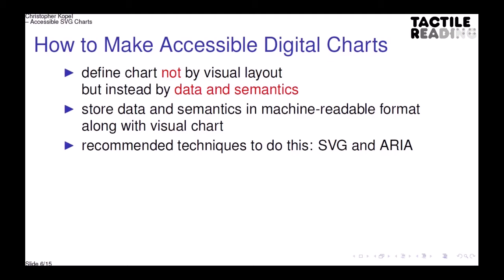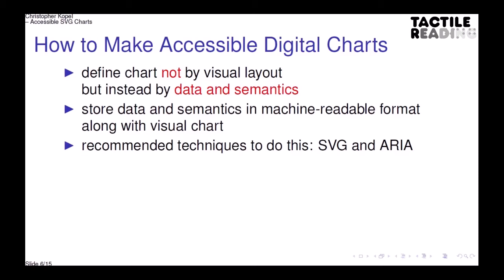And the software, if it has accessibility features, then stores this semantic information along with the visual one. So it generates the visual chart and stores together with it, in the same data structure, this semantic information. What is also important to mention is that this should be done in a machine readable way. So the information should be stored as text strings so that they can be easily extracted by software without any sophisticated or complex recognition algorithms.